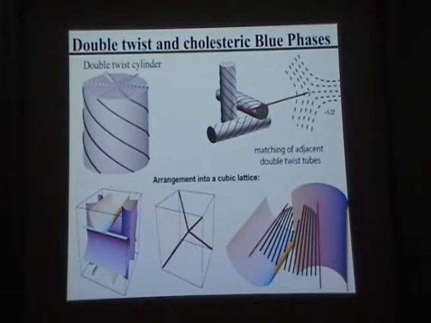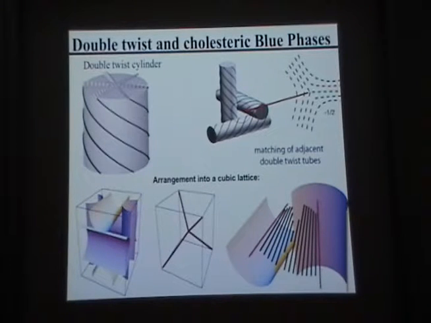They would point along the cylinder axis in the center, but then as you would move away in the radial directions, they will twist in all radial directions, right? And so this is the double twist cylinder. There's a benefit of doing it this way from the standpoint of molecular chirality, and then those double twist cylinders